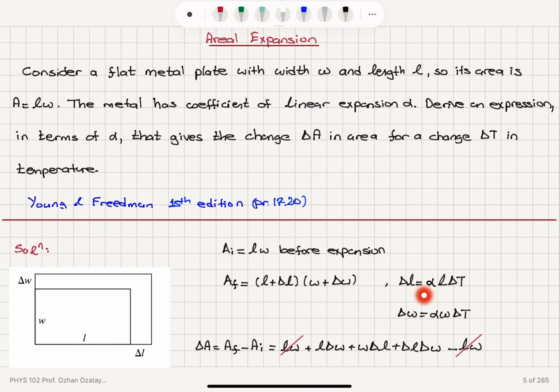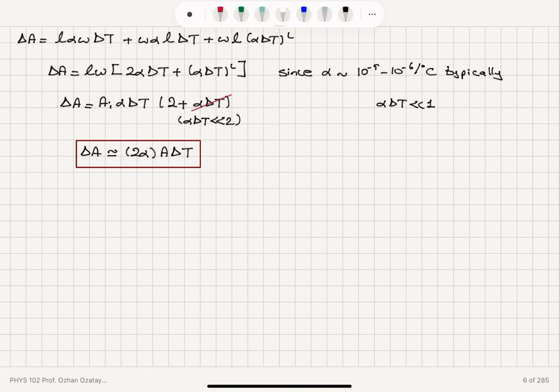linear expansion rule, alpha L delta T, alpha W delta T. And when we simplify this, we see that at the end we obtain 2 plus alpha delta T parentheses, A initial alpha delta T. Alpha delta T is typically very small, so we can neglect it. So this leaves us 2. So 2 alpha is the coefficient of areal expansion multiplied by area times delta T is the change in the